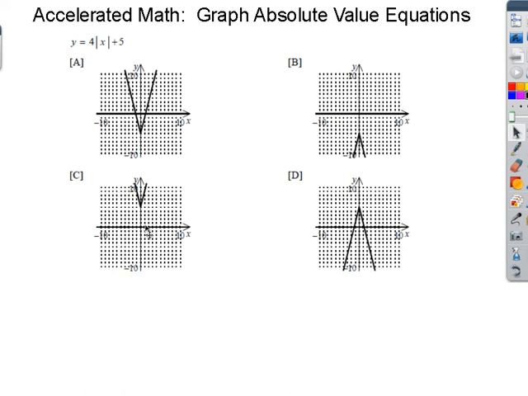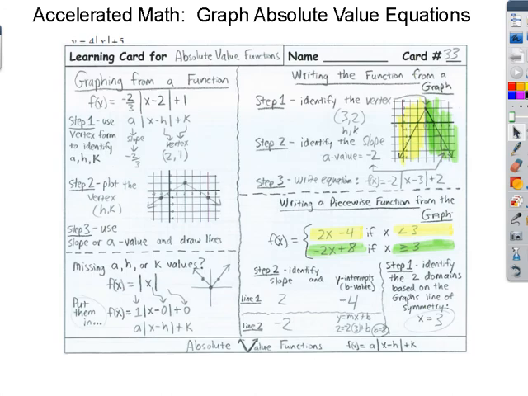Alright, welcome to Accelerated Math Graph Absolute Value Equations. There's another one very similar to this, so if you watched the other one, don't think you're watching the same exact one. This one has slightly different problems where you have to actually solve for y, so a little bit of difference here. But one thing that is the same is that we're going to use this learning card that we created